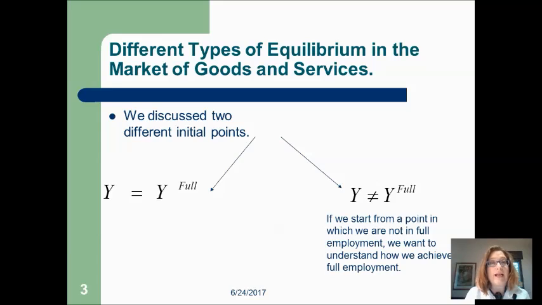It can be either in unemployment, which is that we produce less than we can, or above full employment, which means that we are overproducing. We are hiring people for extra time, overtime, so we can produce more than full employment. But we want, at the end of the day, to reach full employment. So once we are in a situation where y is different than full employment, we will understand how we reach back the desired point of full employment.